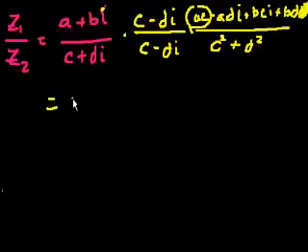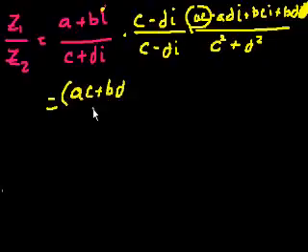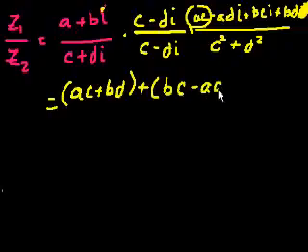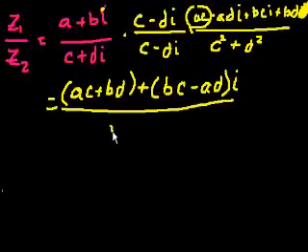So the real parts are AC plus BD, that's that and that. And then the imaginary parts are plus, this one's positive, so I'll put that one first, BC minus AD i. All of that over c squared plus d squared. And that still might not look like a complex number to you, but then we can separate them out, and we could say, well, that equals